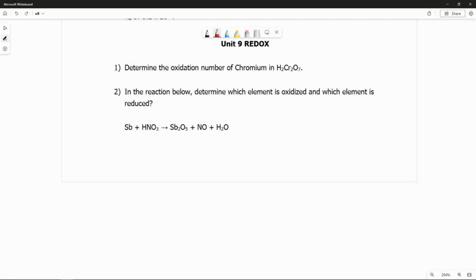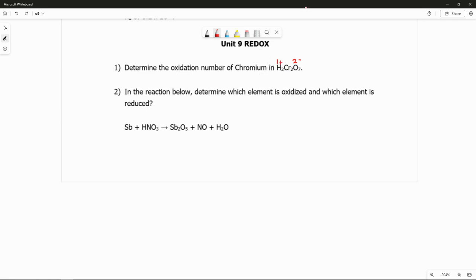So based on our rules of redox, we know that oxygen has a 2 minus charge. Same for hydrogen, we know that is 1 plus. So based on this info, the whole compound H2Cr2O7 has a charge of 0. So in order to get this to a charge of 0, we can do this algebraically. So we have two hydrogen atoms, meaning we have to do 2 times the